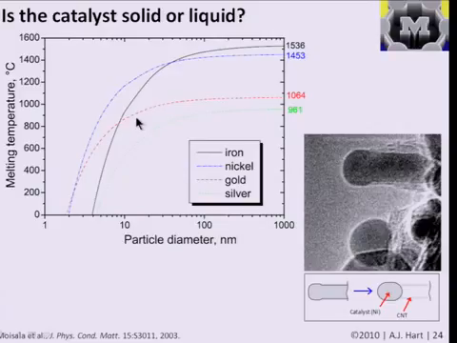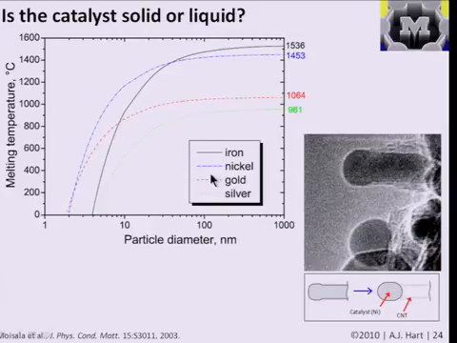And where this comes into play is, for example, if you want to grow a carbon nanotube from a nanoparticle of iron, or a silicon nanowire from a nanoparticle of gold. The rule that we'll talk about later is that roughly the diameter of the particle is approximately equal to the diameter of the nanotube. So say I want to grow a 5 nanometer diameter carbon nanotube, so I want to have a 5 nanometer